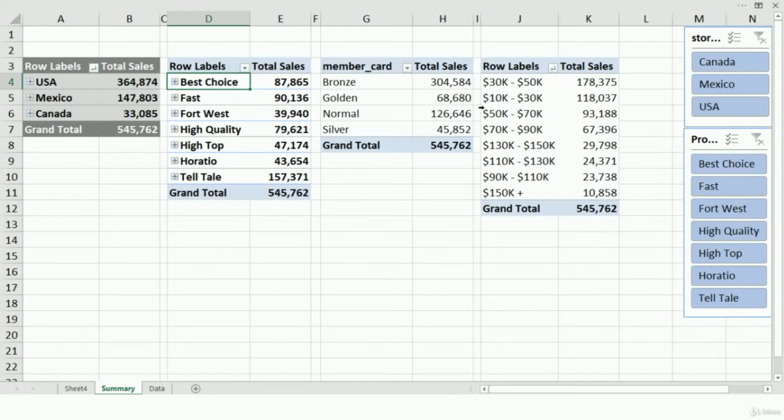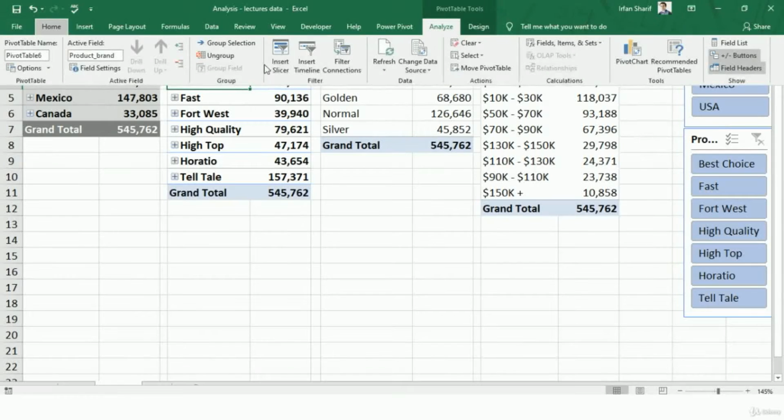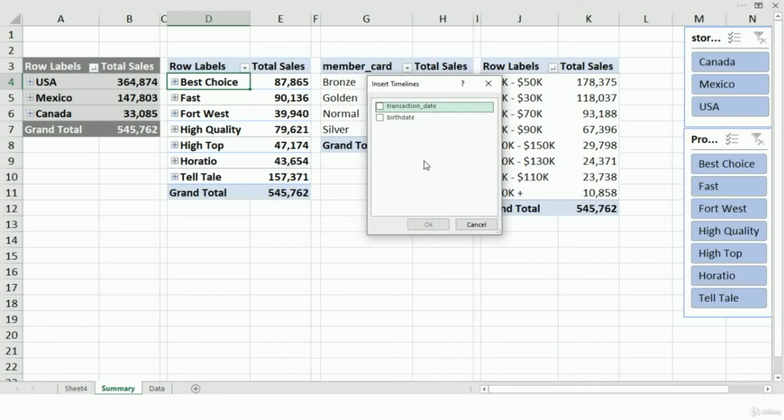timeline. So to insert a timeline, to be able to filter data on the basis of time, all I have to do is go back to my top bar here and click on Analyze, and here, right beside the slicer, you will see the option of Insert Timeline. So I'll click on Insert Timeline here, and all the columns in your data which have dates will appear. I actually want to filter data by transaction date, so I will click this one and press